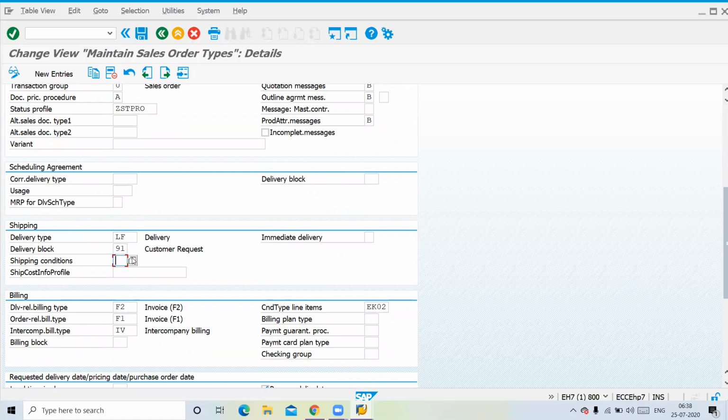If I choose here, your shipping condition has a priority when you compare with customer master data, your document has a priority. But I have a bunch of customers in my database. For those customers, my shipping conditions, if I try to dominate from my document type level when I compare with customer master data.